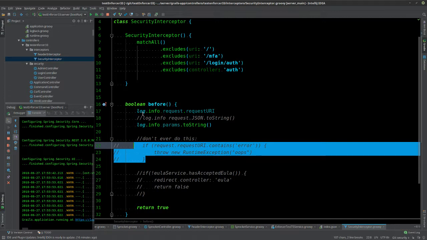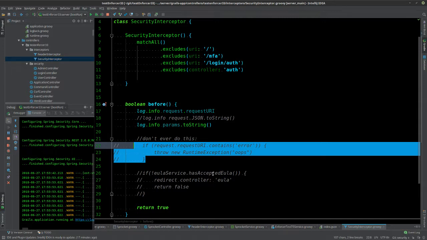In here I just had some basic things where I'm logging the request URI and the parameters, and I commented out the JSON one because I have to figure out how to do this. I did something similar to this in an actual web filter earlier on in my career. If you do this and then you try to get JSON in your controller, the JSON will come out as null because you've already used it here. So it's kind of like you get it once. Doing it here means I won't get it in my controller, which is why I commented it out, because that was kind of a problem.